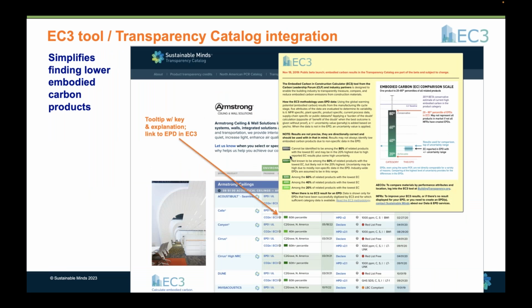And we've had a partnership with the EC3 tool since they launched. We have a custom API they developed for us where we simplified the comparative results so that in a glance, a user can see where in that range of results of products in a category that particular product nets out compared to others. So 20th percentile is the best. That's the lowest. You want to be in the lowest embodied carbon. So now users can literally in a glance see the level of embodied carbon in a product and then click the link and go right into the EC3 tool